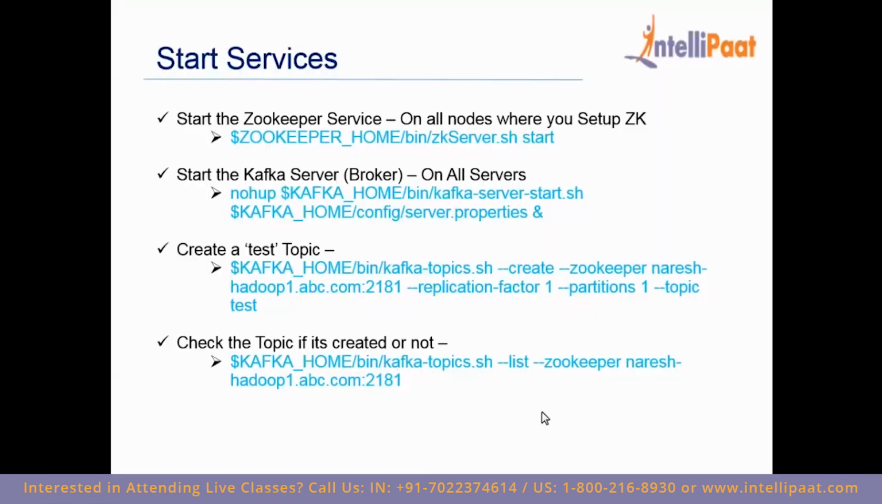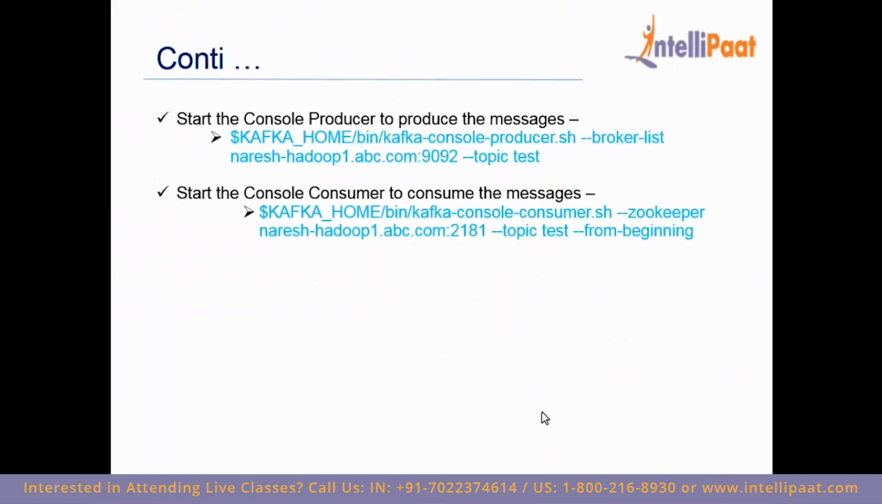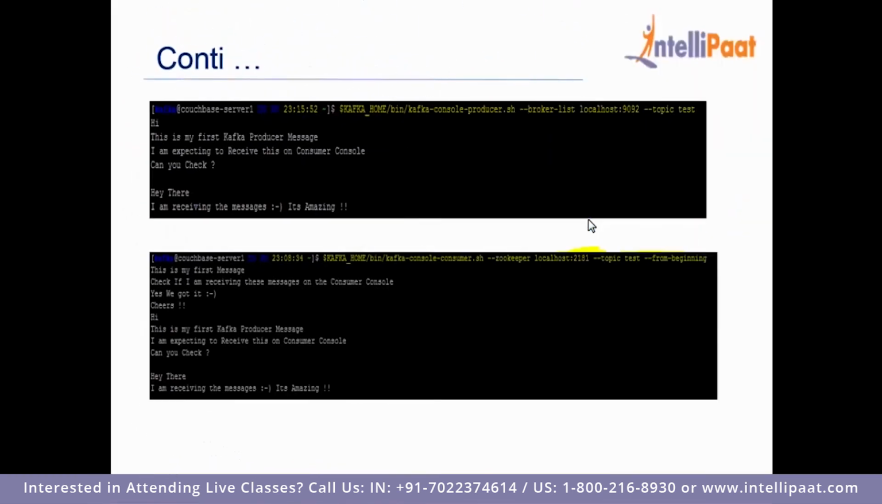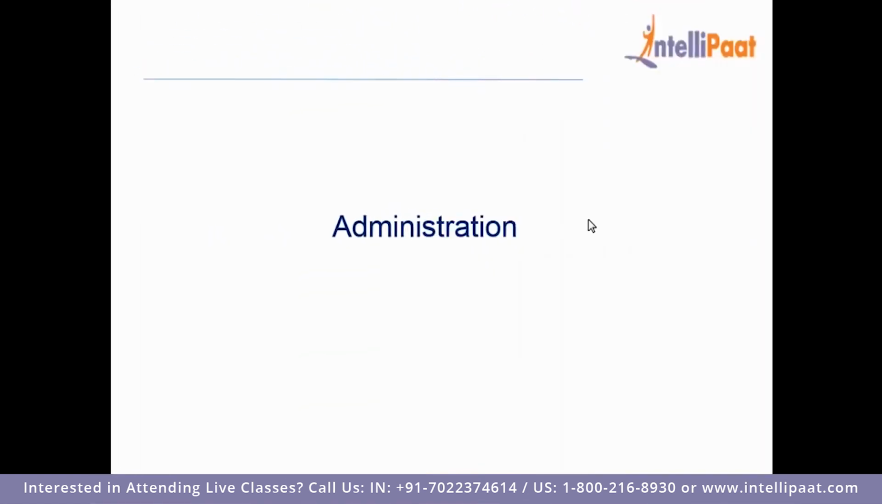We are done till here, and further you can simply run kafka-console-producer.sh to produce some messages, and kafka-console-consumer.sh to consume those messages. We have done this while we were setting the single node Kafka cluster, so I am simply skipping this step. This is the output that you can see on your screen when you run the Kafka producer and Kafka consumer. Okay, as we are done with the multi-node setup of Kafka, let us move to some important administration commands